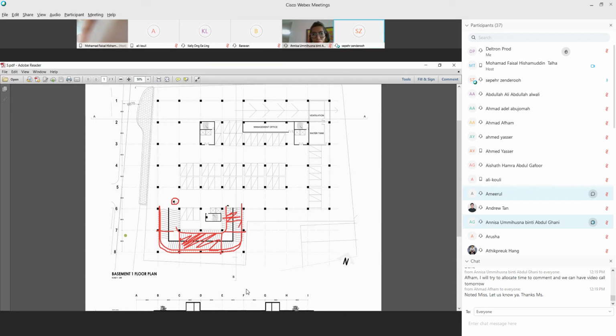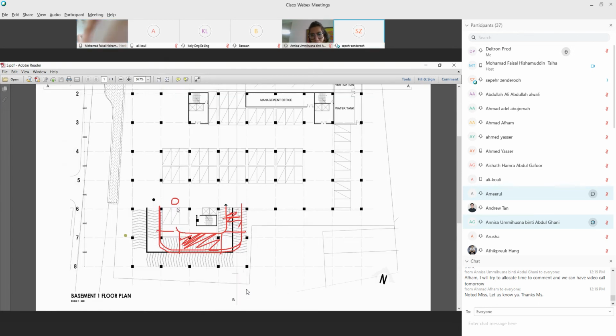The arrow I draw. Why is it black? Cannot be black lah, man. Oh, black means column. Anything black means wall or columns. Okay. Sorry, I didn't know. Confusing people.